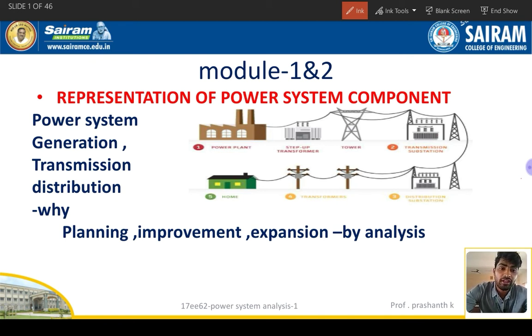Next, power system components. I'll be coming from the single line diagram. Wave trap will be there. Wave trap is for trapping unwanted signals or unwanted disturbances, like interference and disturbance that occurs in the other communication lines, that will be trapped by the wave trap. Next we have a lightning arrestor. Lightning arrestor is like a police, right? It arrests the lightning when flashover occurs.